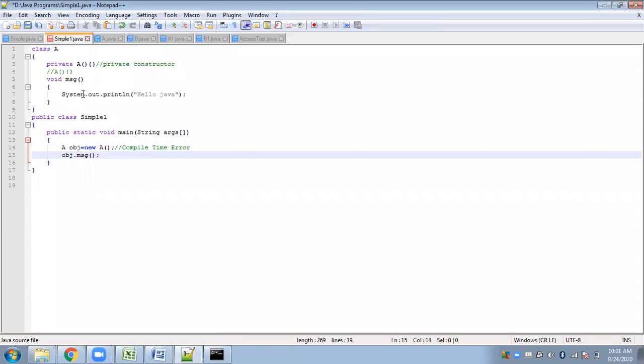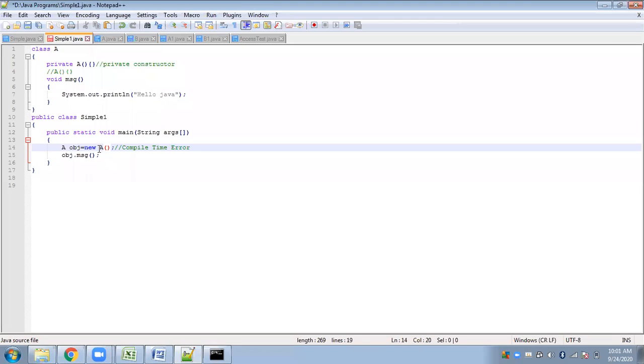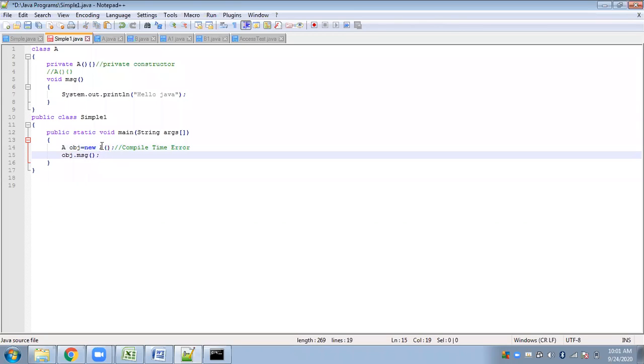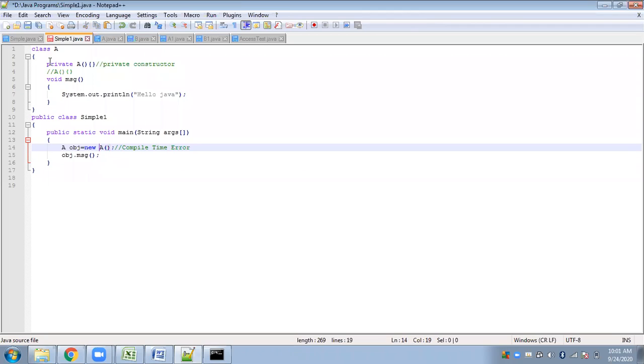First you have to initialize your object. You have to use constructors to initialize objects, and only after that can you use the object. This is what it is showing, because our constructor is a private one, it will not initialize the object.